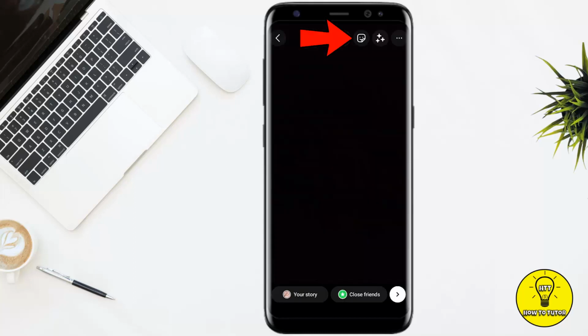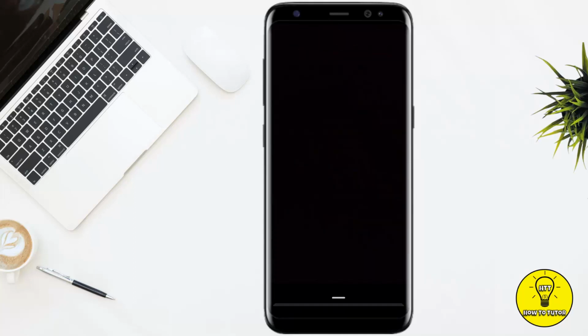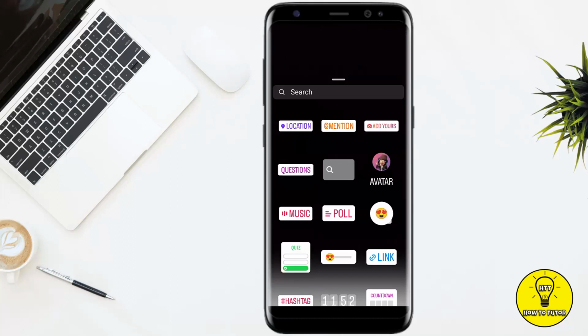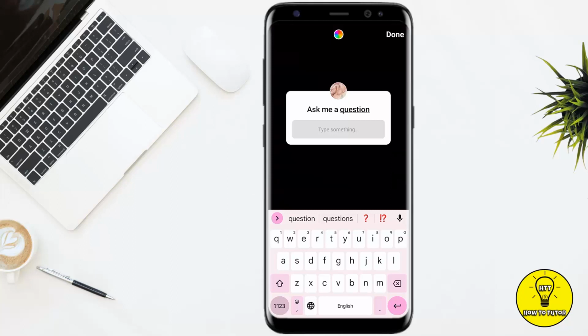Once you are done, simply tap on the sticker icon at the top of the screen. From here, you'll see there is an option named questions in the second row, so simply tap on that. From here you can change the text which is already written as ask me a question. You can delete it and then type in anything which you want. For example, if I type in hi, then you simply have to tap on done at the top of